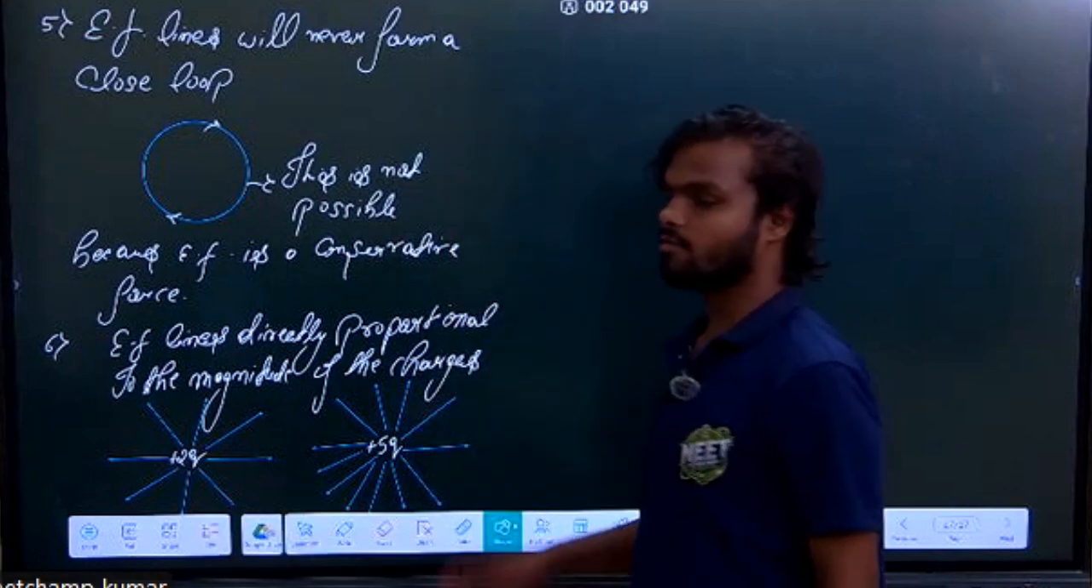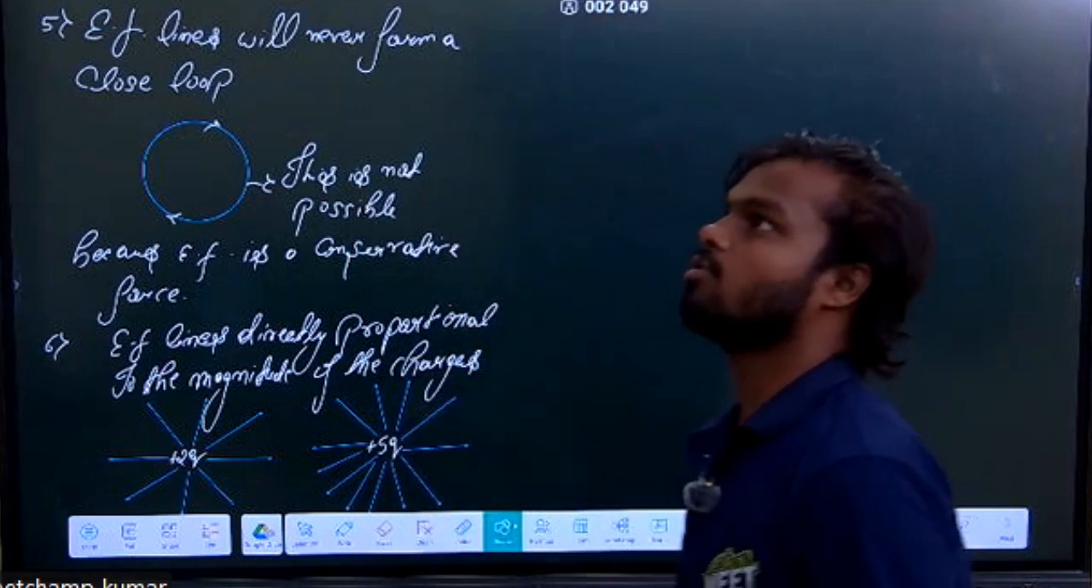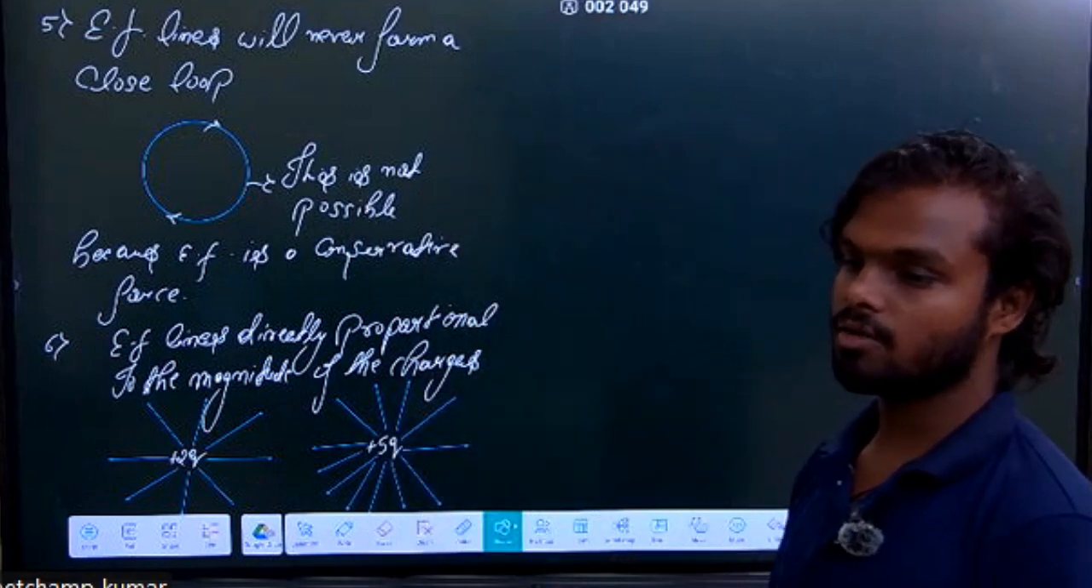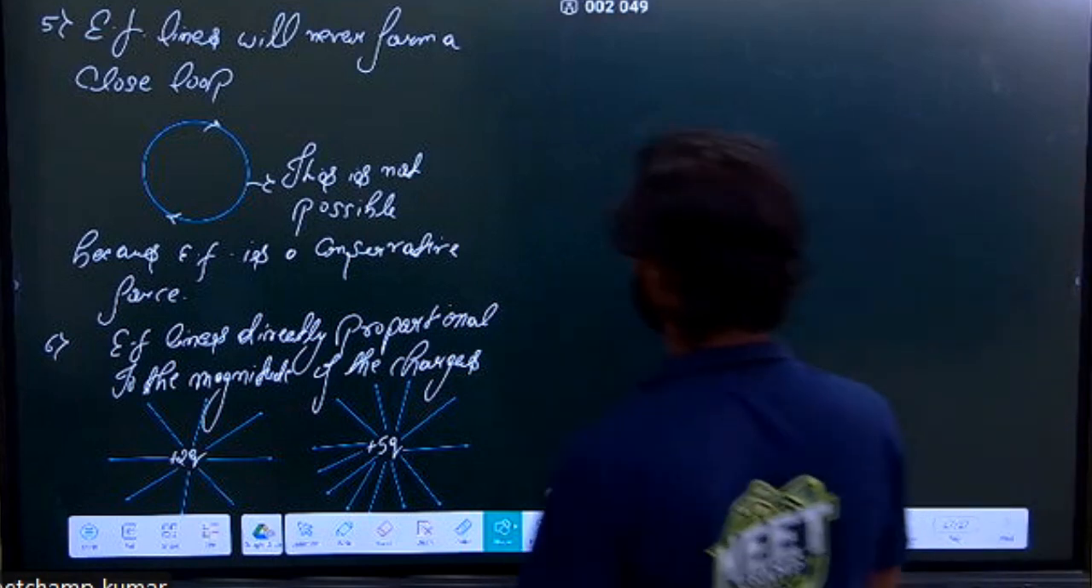So that's why the number of electric field lines is directly proportional to the magnitude of the charge. If suppose some charge has a more magnitude, that means it has more electric field lines also, and if it has more electric field lines, that means more magnitude also. You can directly say like that. Okay,